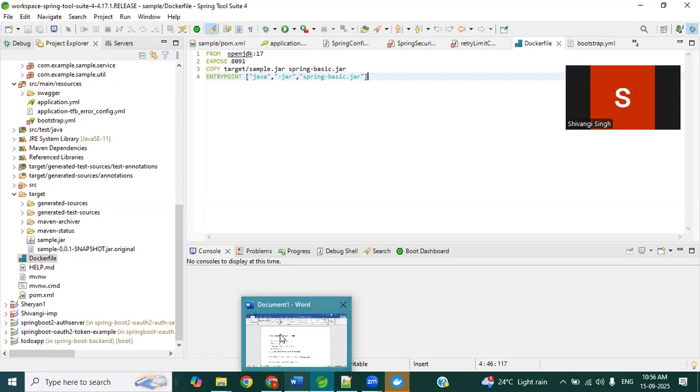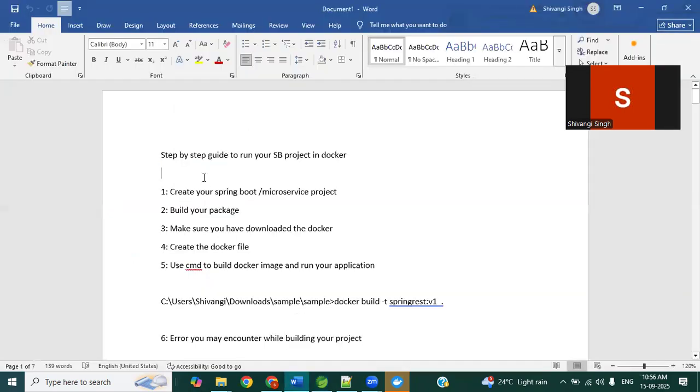So what is the step-by-step guide to deploy your application to Docker? Our main aim is to deploy your Spring Boot application to Docker. So first you should have a Spring Boot or a microservice project.